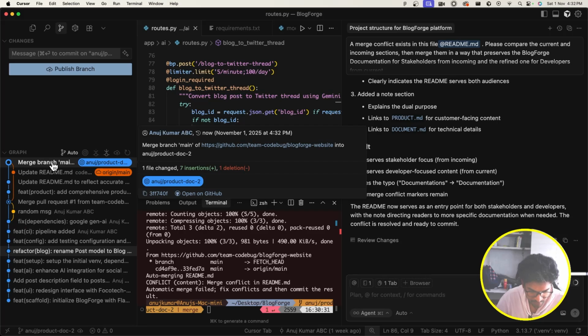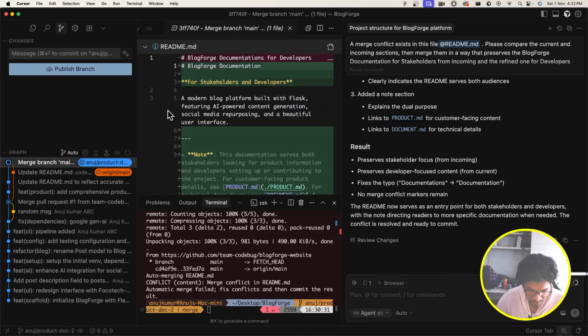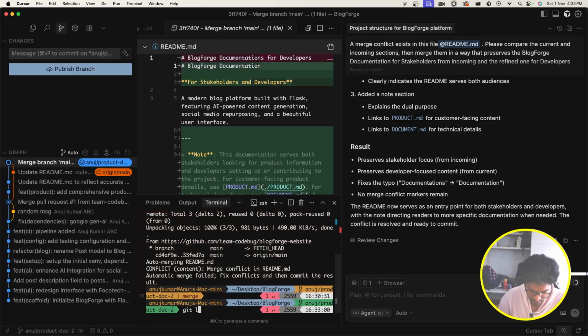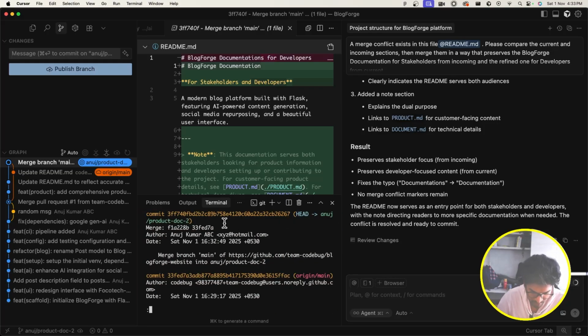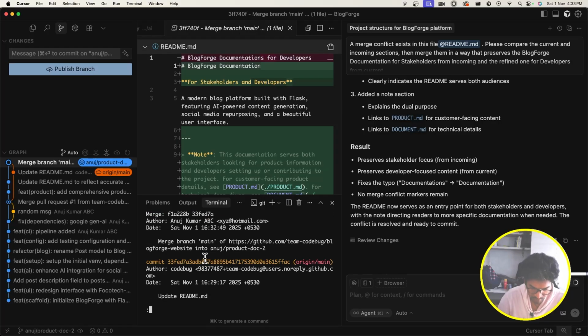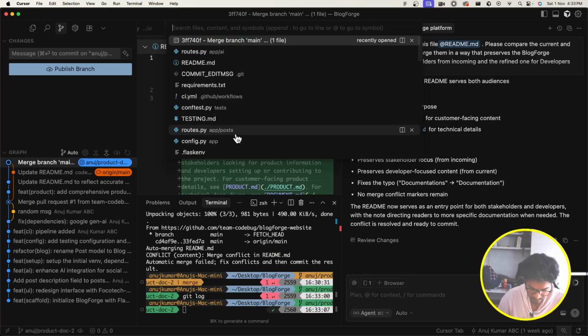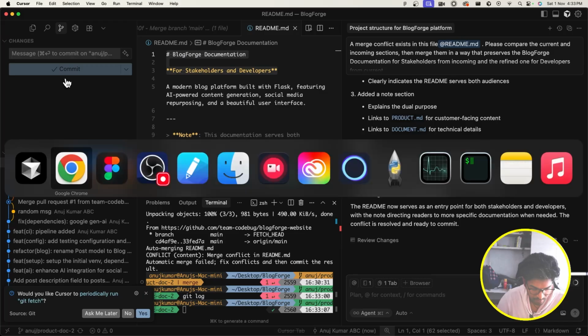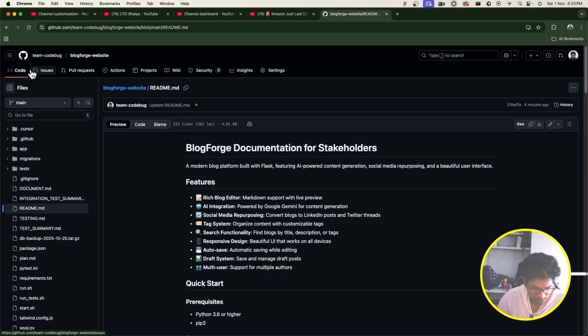So if we just check the commit, so this is the commit, and basically the commit is done, so we can log and check, yeah, these are the commits. And let me check my readme.md file, and this is how it looks, right? So we can publish the branch. So let me push it, and yeah, so we have the branch. We should have the branch here,